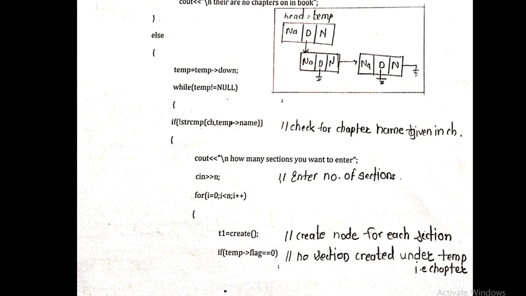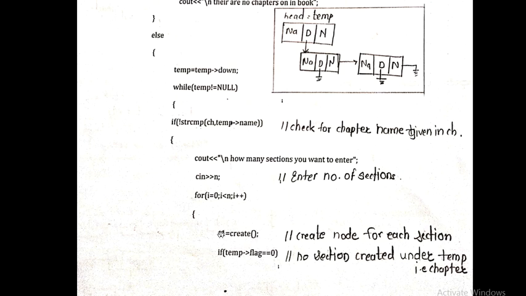And after finding the result, we have to say how many sections we want to create under that chapter. Once we find the chapter, we have to say how many sections we want to enter. That choice will be taken as n, which is the number of sections for that chapter. Then we create the different sections, for i equal to 0 to n, and include each section. So again we are going to create the node. It is the same as the chapters: as the number of chapters we created, the same way we have to create the sections, one by one node.